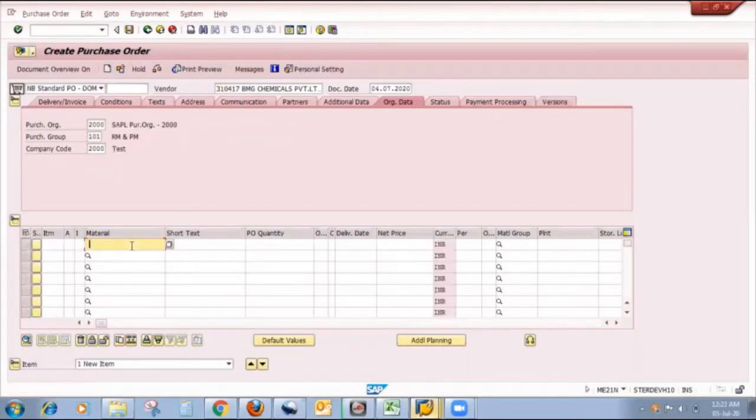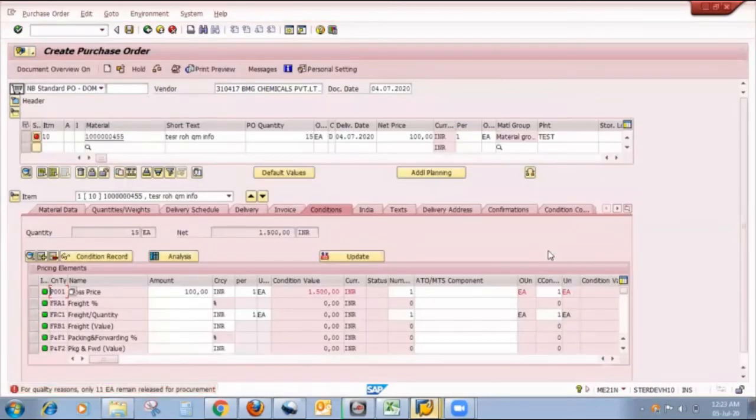Now suppose the quantity is 15. I maintain the price and the plant. Enter. The system gives me an error that for quality reason only 11 each remain released for procurement, but my quantity is 15. That's why the system will not allow me to create the PO for that particular vendor.